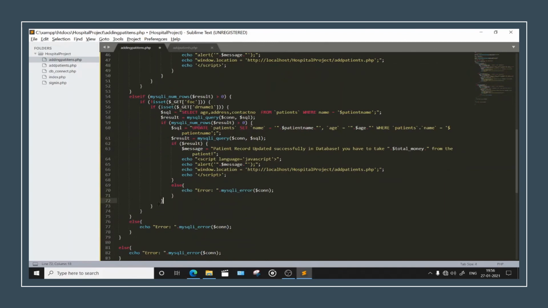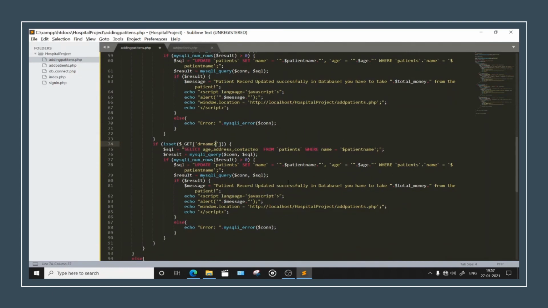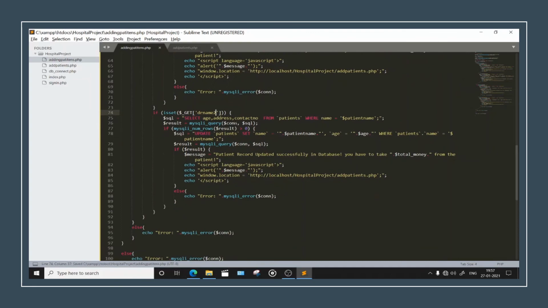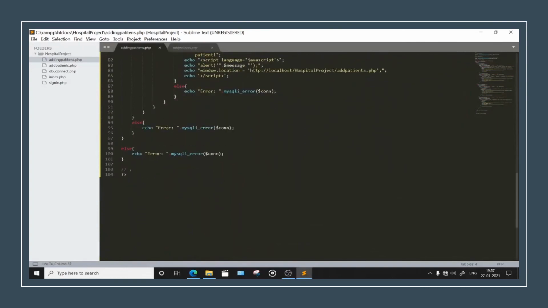So let me just remove all these extra enters. I don't like it like this. Okay, so copy this for the doctor name too. Well, doctor name too. So till then you can just go ahead and edit all those things which we are left with. I want you all to copy this.